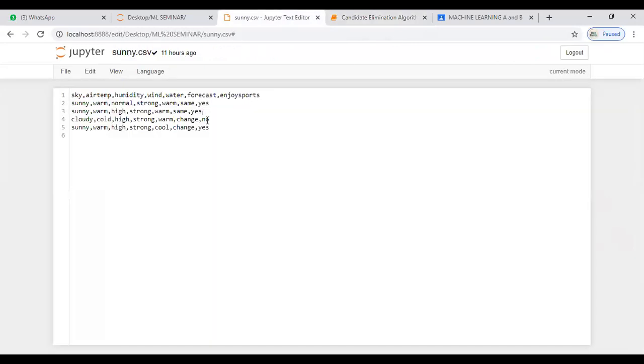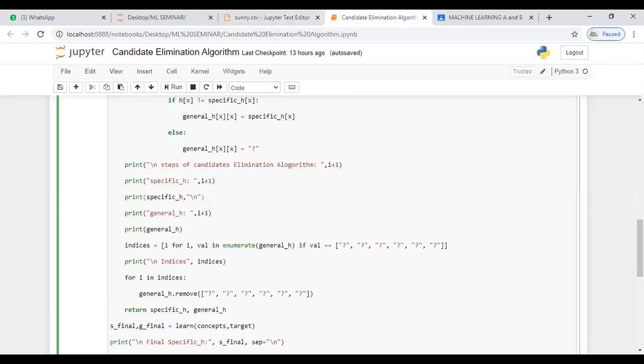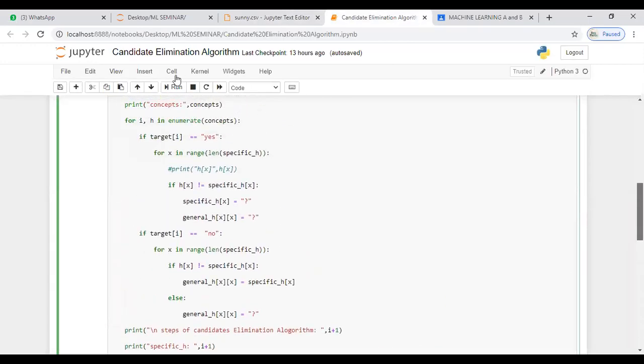Okay, you can find three positive records and one negative record. So we have designed the program in such a way that if it is a positive record, we have one function, and if it is a negative record, then we have another function. So what does the function mean? See, I have actually defined it in two terms.